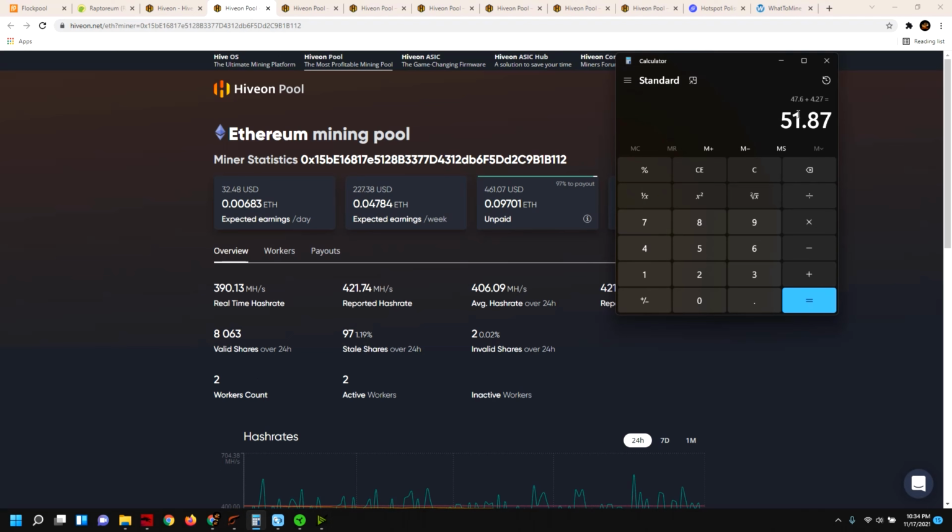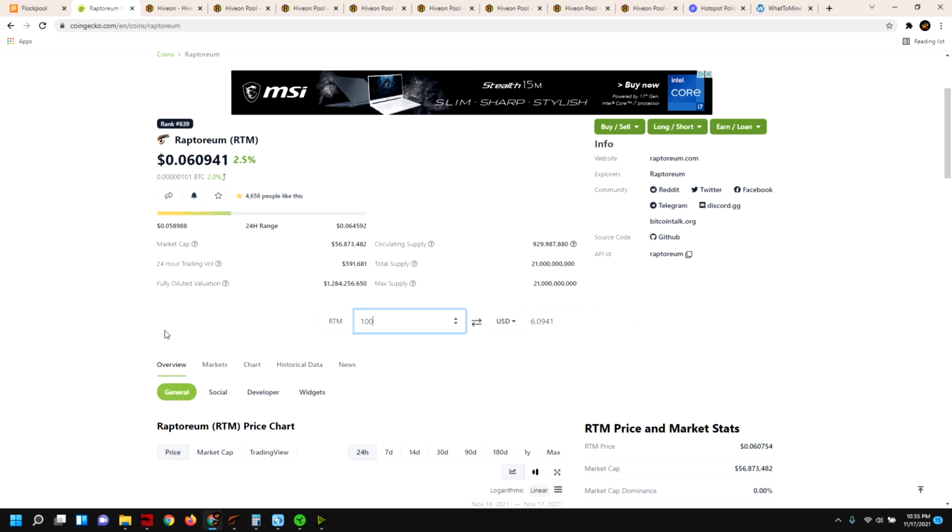We just added in the Ravencoin, so we're going to do 32 plus 32.48. That gives us $84.35. Now, the other coin that you guys have seen on the previous video is Raptoreum, and I am mining